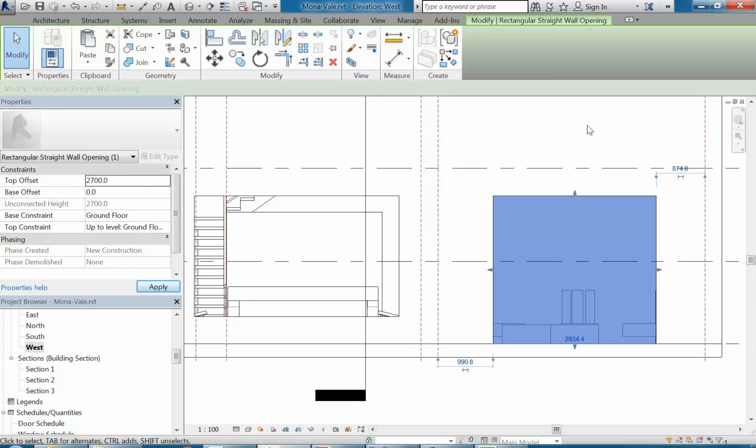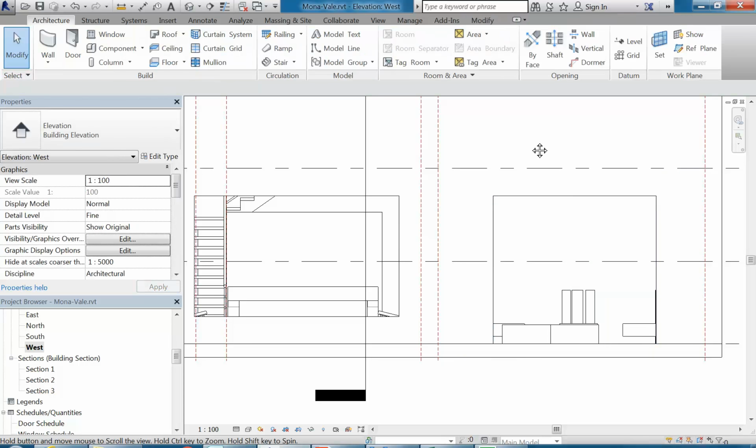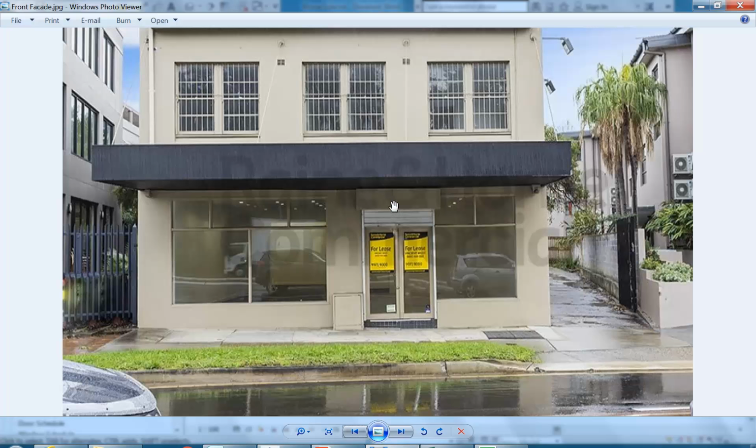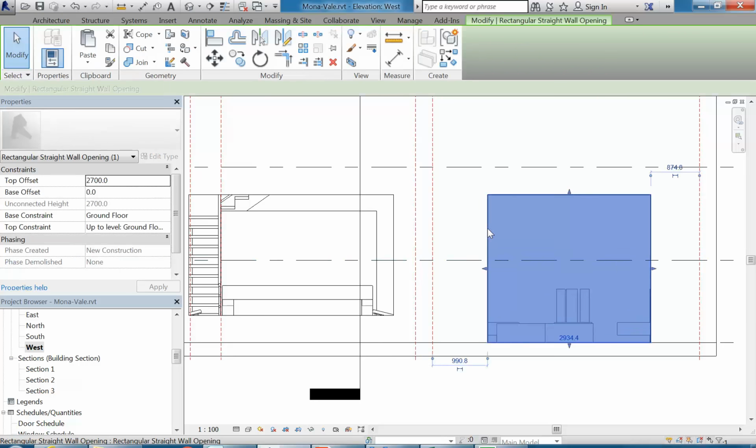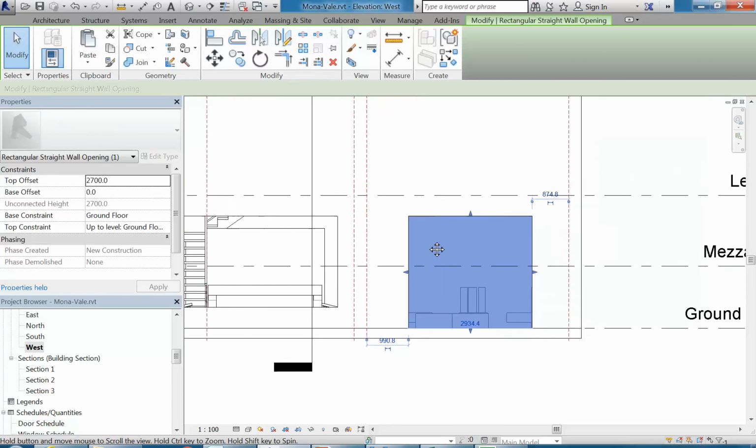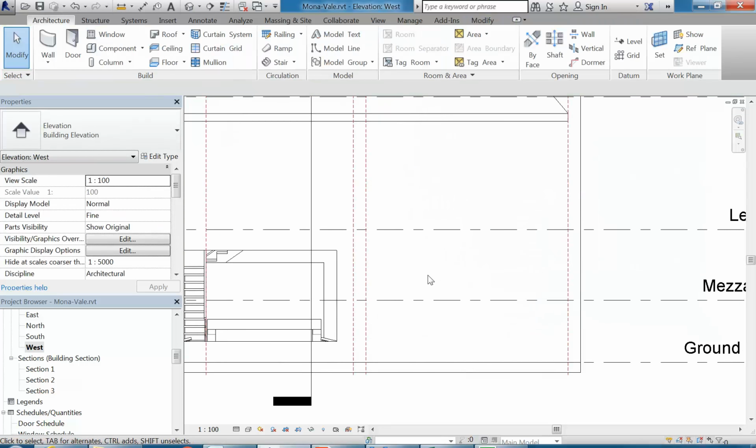Okay, so that's good when it works. Now, but there's a big but. Notice how this opening isn't rectangular. It's an unusual shape, and the opening tool isn't very good for that. So I'm going to show you another way of doing an opening, which again I've shown you before, but just want to maybe emphasise it. So I'm going to delete that one,